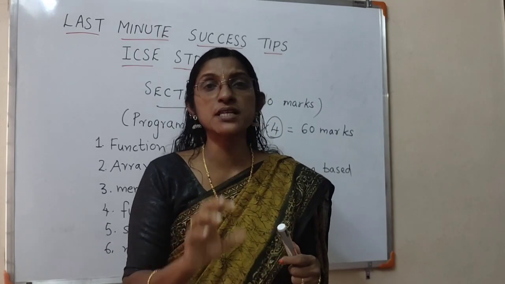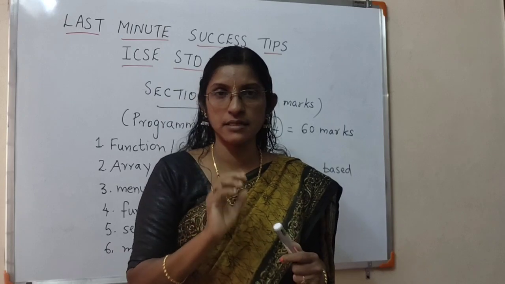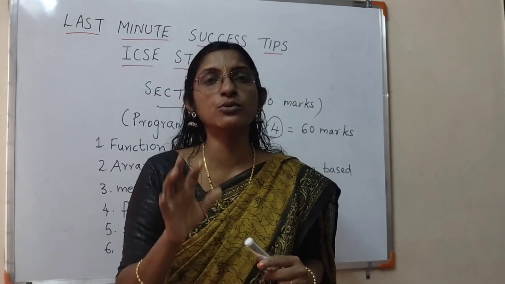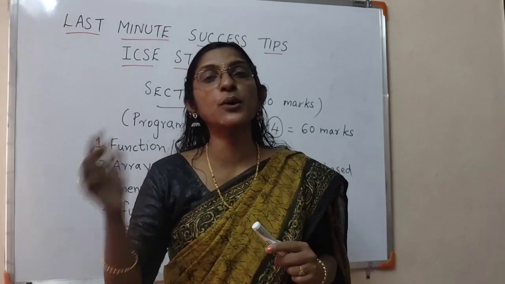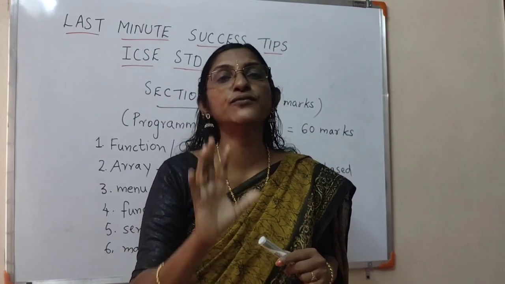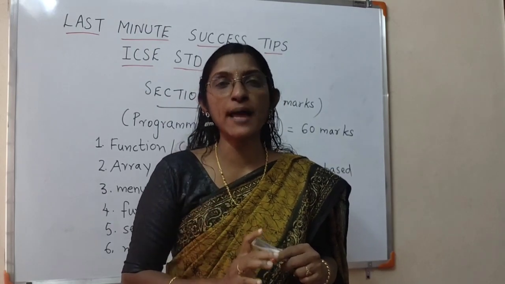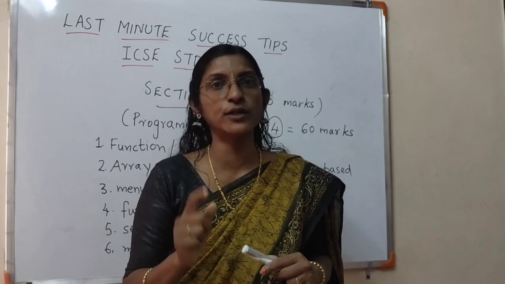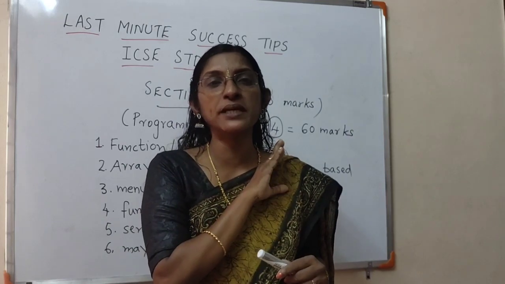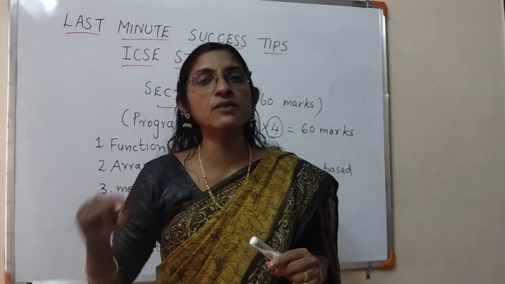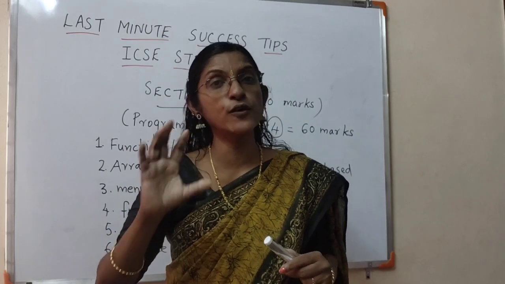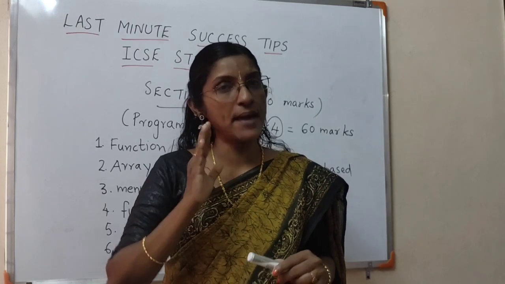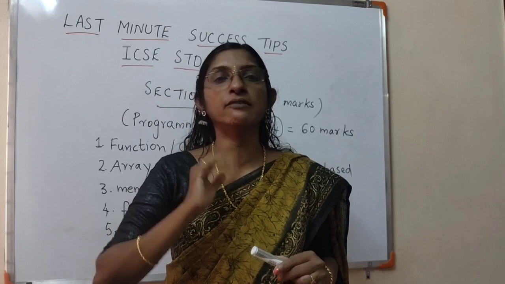So what happens, out of 60 he could not get 60 out of 60. If a person has written 5 programs, in the first 4 programs he could score only 57, but the last program is correct, and the teacher is able to give the full mark 15. In one of the programs he has got only 12. That is the reason why he got 57 out of 60. So that question will not be considered for evaluation, and the extra question which has scored the full mark will be considered for evaluation. So this way we are able to get the maximum marks if we plan accordingly and write the exam.